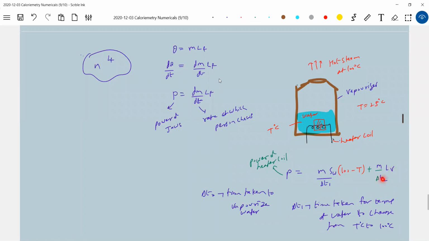So if these two times are less, power should be more. If you had more water, this P will be fixed, am I right? This P will be fixed here. So if you add more water, definitely what happens? Time taken will be more. If you add less water, in less time what happens? You'll get it, because this P will be fixed. Like this, it will be designed. They may ask you any of these questions. I could have written dm by dt1, but you'd get confused. So that's why I'm writing in this particular way.